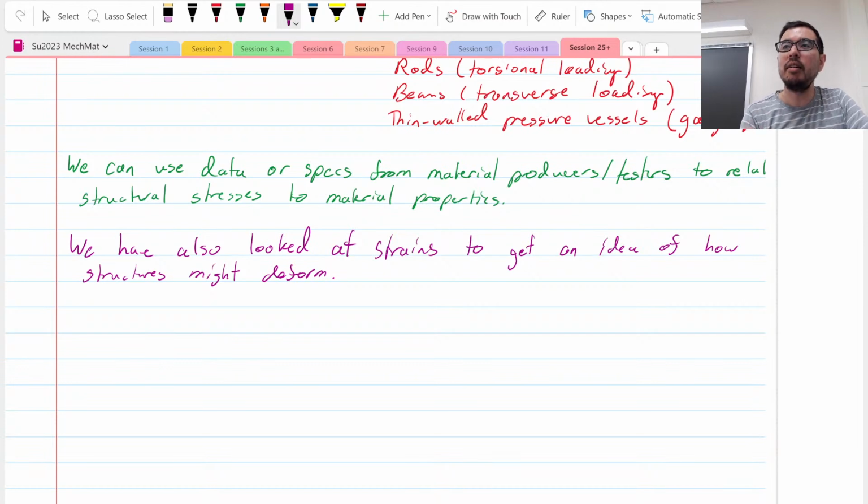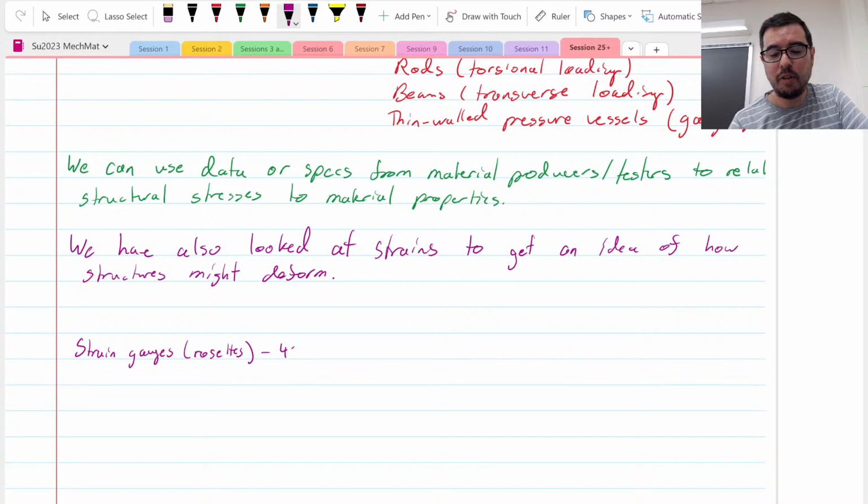I would be able to measure strain on a structure and relate that to stress. This is the plane strains. So you have strain gauges, or rosettes. And I would not use a 60-60 degree one. I would use a 45-45 one because it's significantly simpler. So a 45-45 rosette, and be able to